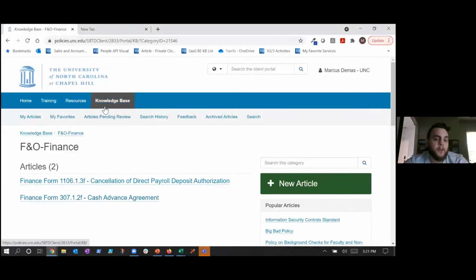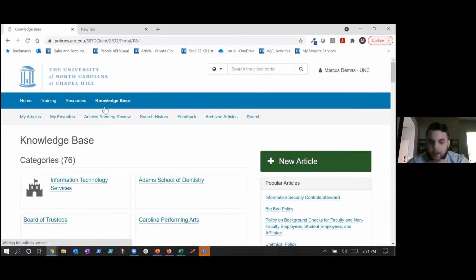Okay, so the next thing that we were going to look at is creating a policy, or, again, in Team Dynamics, some of this language is hard coded in. You're going to see the word article, but for us, certainly, we're focused on policies. So I'm going to click plus new article,